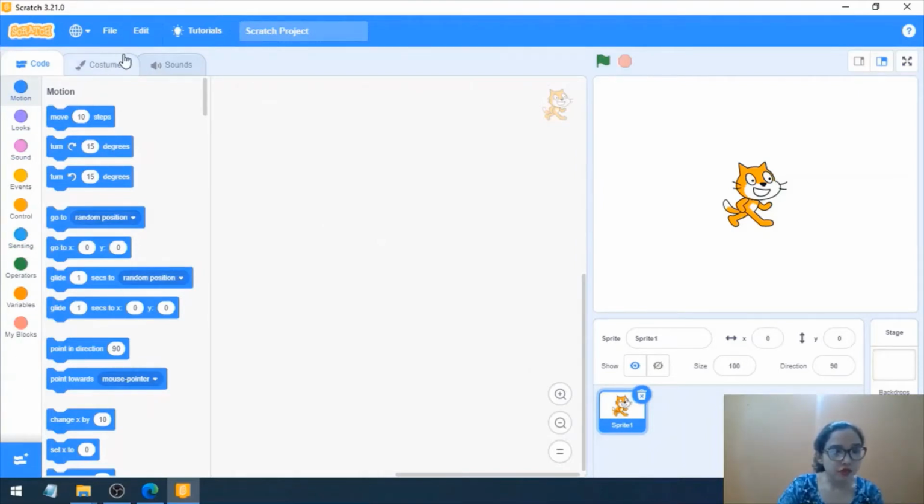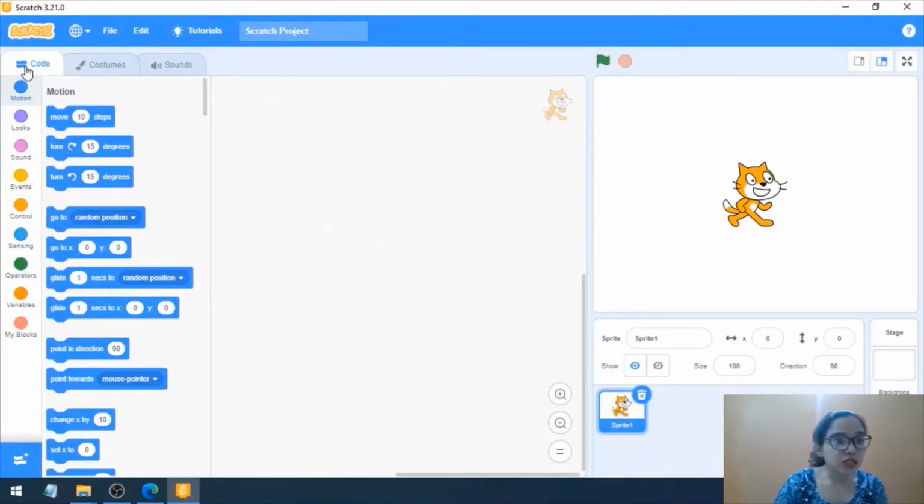So first part is this part, which has the code, costume and sound. The second part is called the stage, S-T-A-G-E, stage, and this is the third part, which has your sprite. So these are the three main parts of the interface, along with this menu bar. Now let us go and check them one by one.